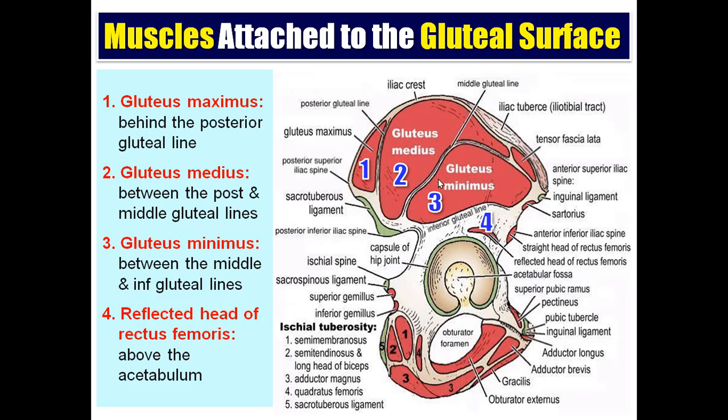So four muscles attached to the gluteal surface: gluteus maximus behind the posterior gluteal line, gluteus medius between the posterior gluteal line and the middle gluteal line, gluteus minimus between the middle gluteal line and the inferior gluteal line, and the reflected head of rectus femoris, impression above the acetabulum. These are the two heads of the rectus femoris. Straight head from the anterior inferior iliac spine, reflected head from the impression above the